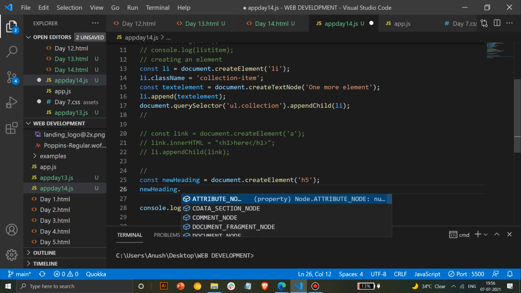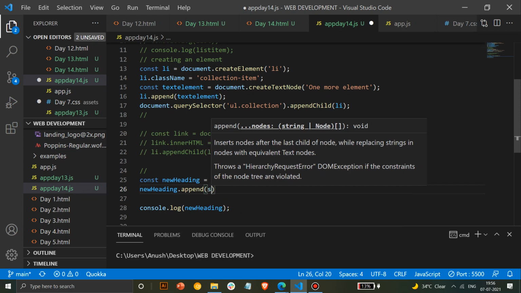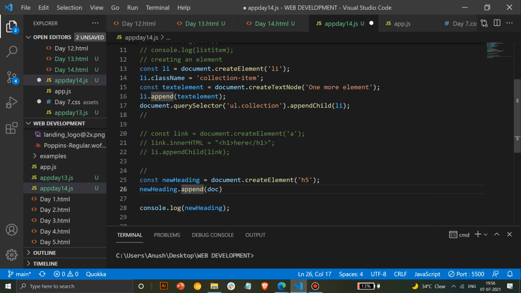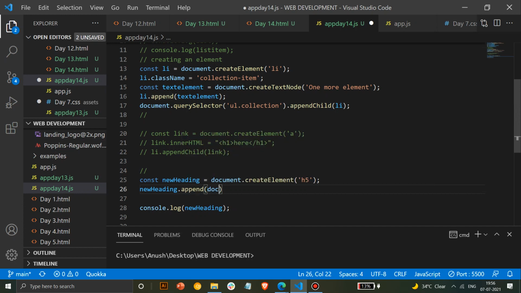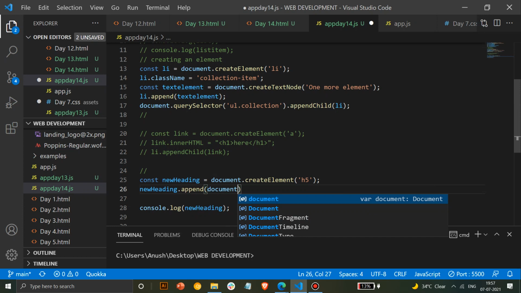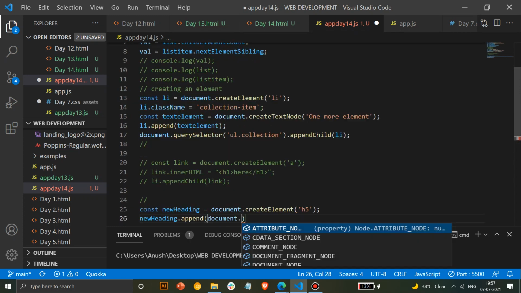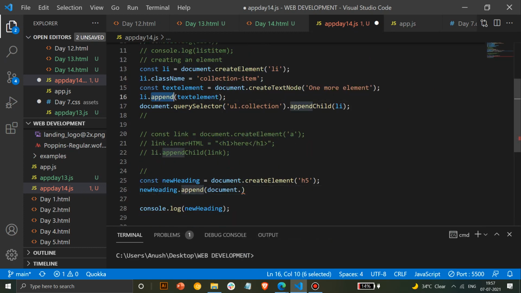But it's always better to do it through append. So always add text using append, and inside this you can add whatever text you have to add. So you can use document dot. Always use append or append child. Any of that will work. If at some place it shows an error at append, use append child and it will work. Don't worry, this might be a little bit difficult, but you will understand the concept of parent and child as you go on. I have explained that here, but if you still don't understand the concept, you can always try interchanging append and append child, and you will understand it a little bit better.